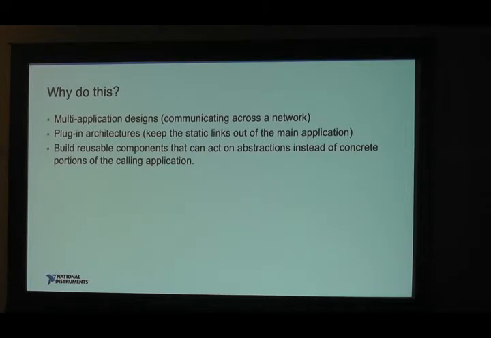And of course, reusable components. You can have abstractions inside the reusable components that your calling application can implement different variations of. So it might be your reusable component says, okay, now write this to disk, but I don't care how you write to disk. The main application knows that I've got an abstract write-this-to-disk method. I call that, and then however the application decides to implement writing to disk or writing to database or posting on Twitter, whatever.